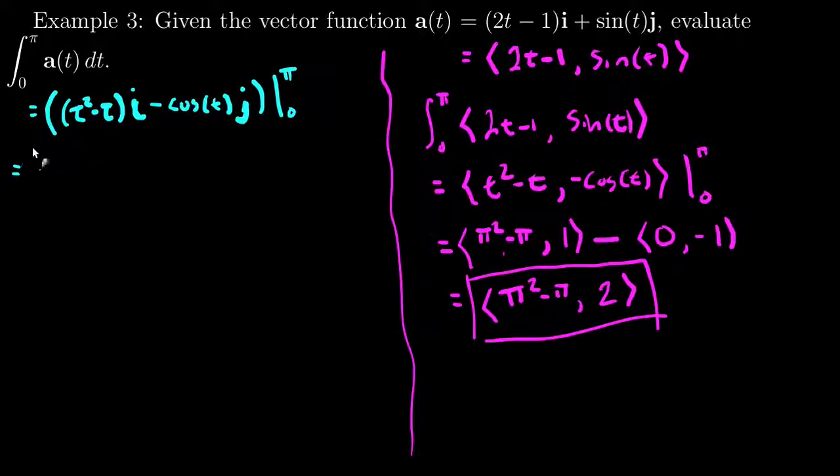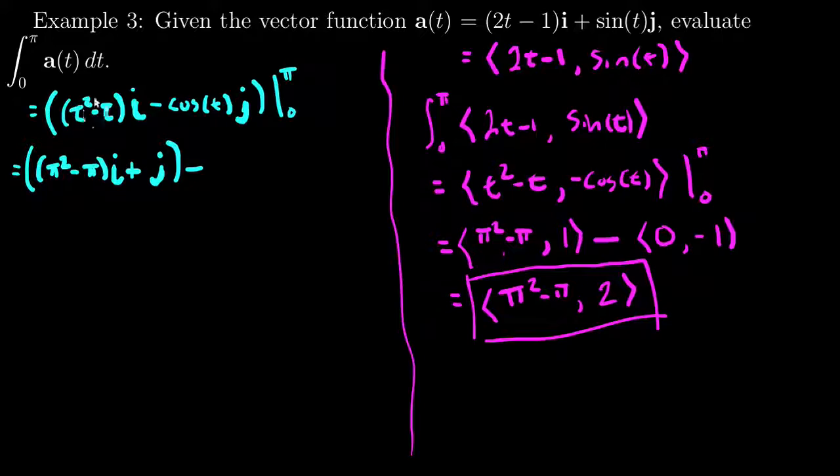So I'll end up with pi squared minus pi i minus, put in pi here, cosine of pi is negative 1, negative 1 is plus j,